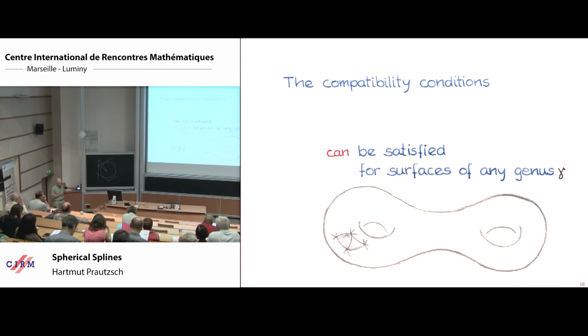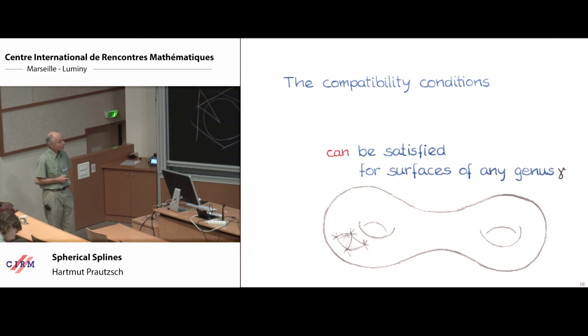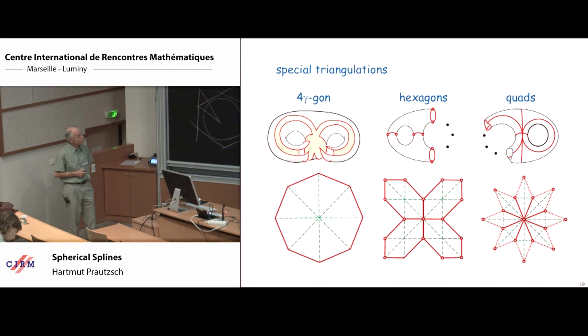Now, the nice thing about this, it doesn't work only for the sphere, it works for any surface of any genus. So it would work for this double torus or similar surface like that. Why does it work? It follows from hyperbolic geometry, and I will convince you of it not using it but by considering the following. If we have such a surface of genus gamma, we can cut it into either here a